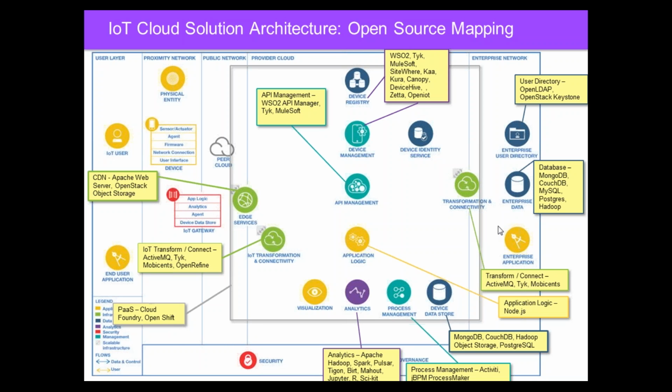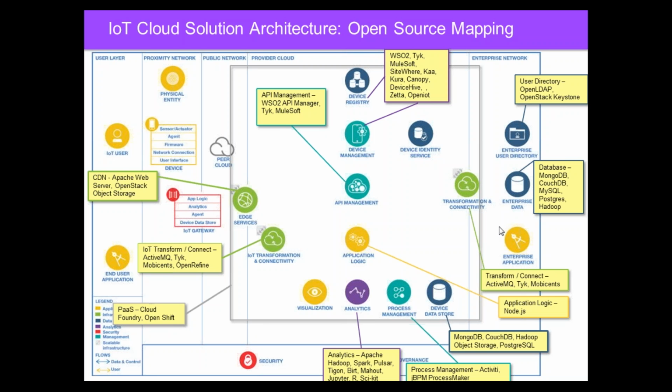Moving around to the bottom left, we have the potential to run all of your components as a platform as a service style offering, a somewhat lighter weight approach than doing everything on VMs on the machines. And there are some very useful open source PaaS platforms available. Cloud Foundry and OpenShift are some of the leading ones that you can use, and that would enable you to have a simpler approach to the deployment of your applications and the services that they're going to depend on.